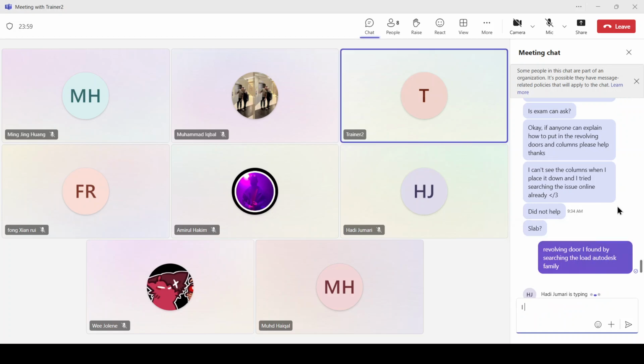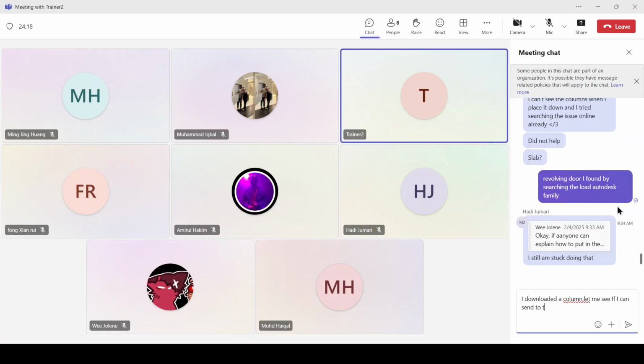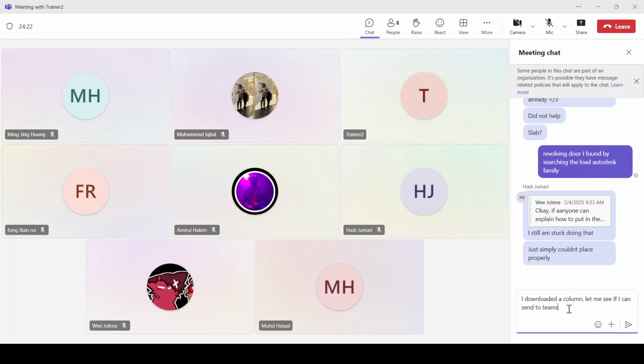The column doesn't have to be exactly that way, but just provide the column that was provided from Revit. Make sure that the properties of your column are coming from level 1 to level 2. So please make sure the base level and the top level are correct.